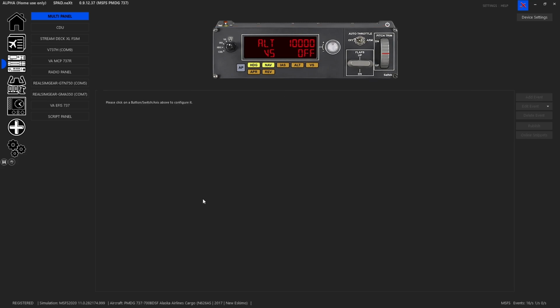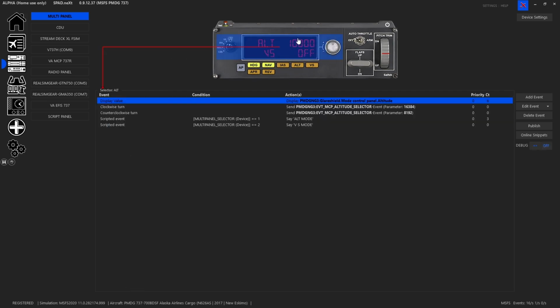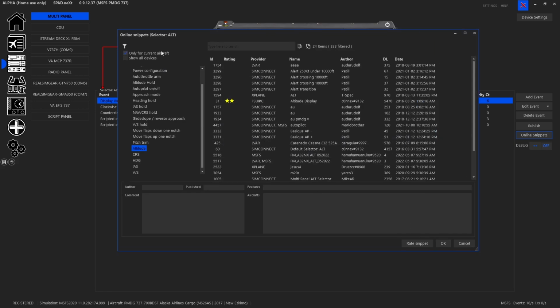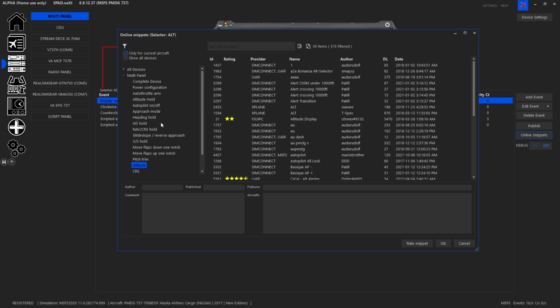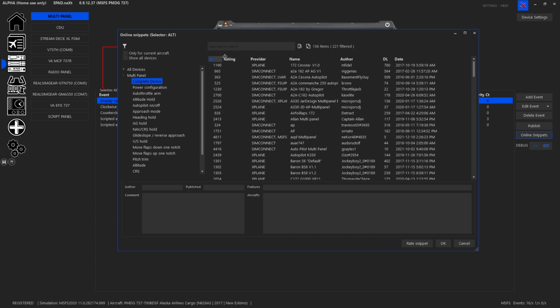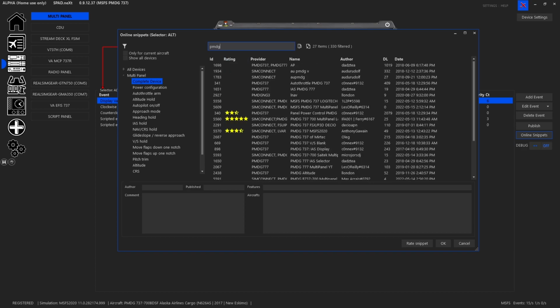So for those of you that just want to get the snippet and get it installed, after you've set up the PMDG interface and removed all of your Saitek Logitech software, simply click on a display or a knob or a button, anything, go to online snippets, and uncheck only for this aircraft. With the multi-panel, make sure you select complete device, and just type in PMDG